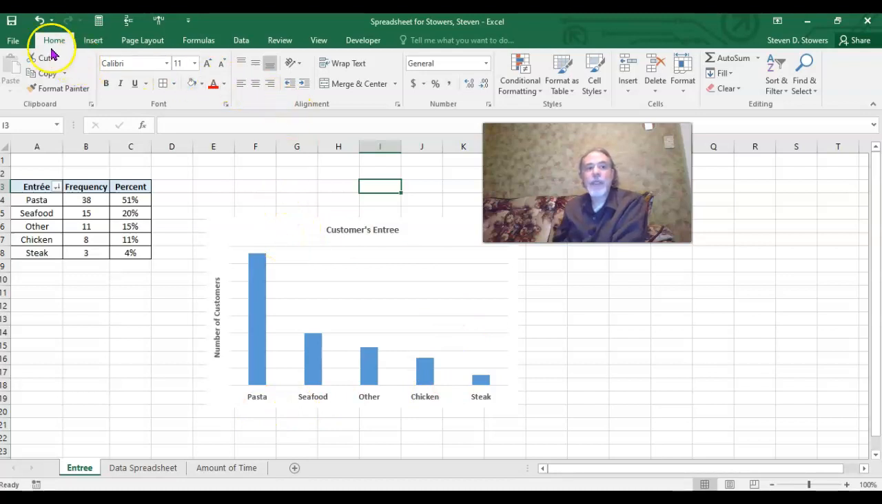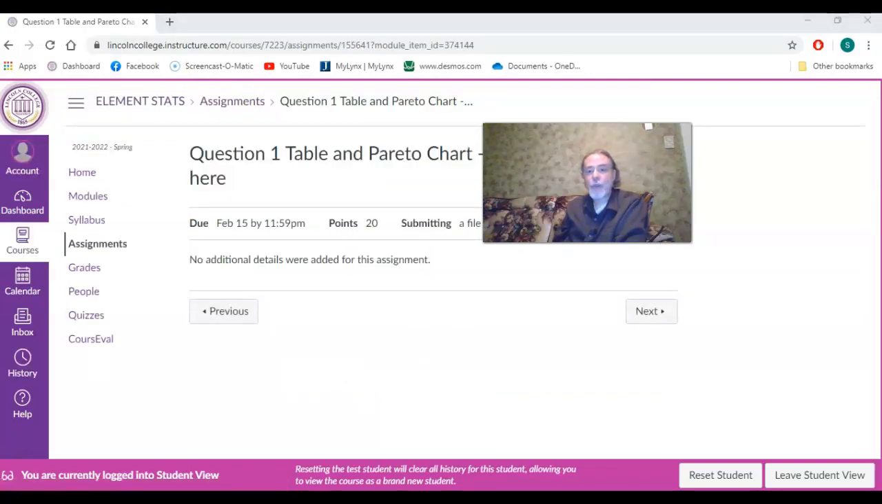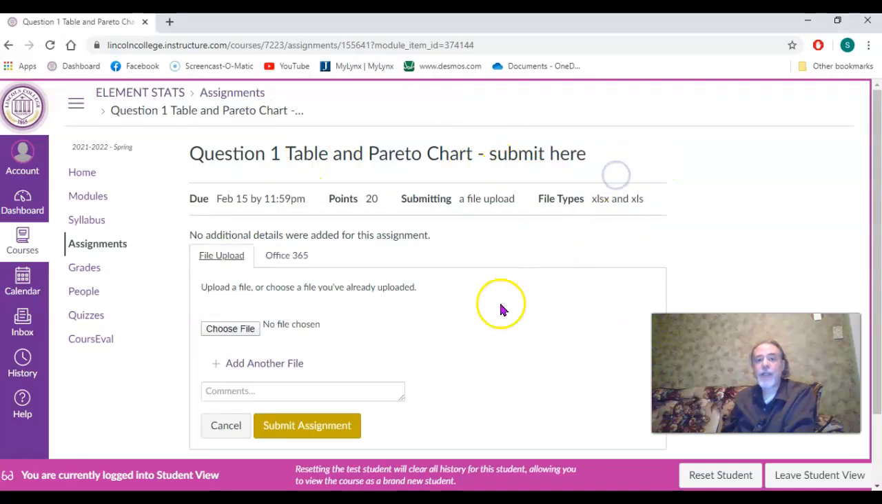Now all we have to do is save this and then submit it through Canvas. So if you have your graph saved, you have everything saved, you can get out of Excel and go back to Canvas, go to the assignment for question 1, Table and Pareto Chart, submit here. If you click on that, it'll take you to a page like this where you'll be able to submit your Excel file. So click on Start Assignment